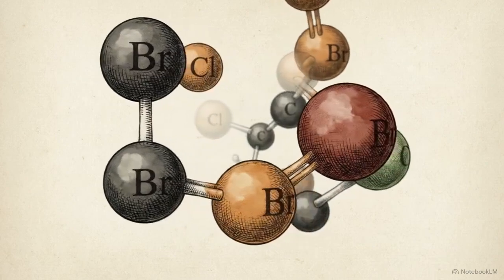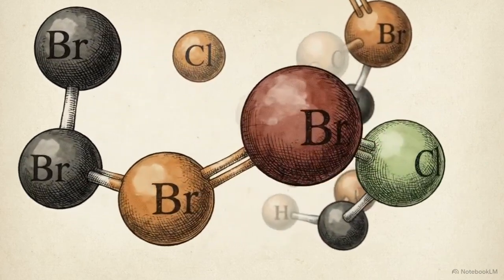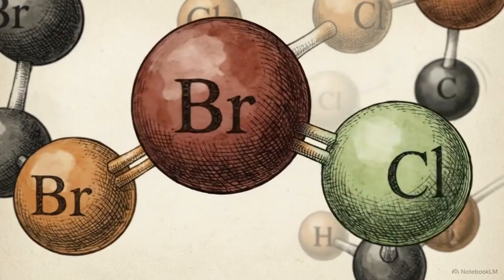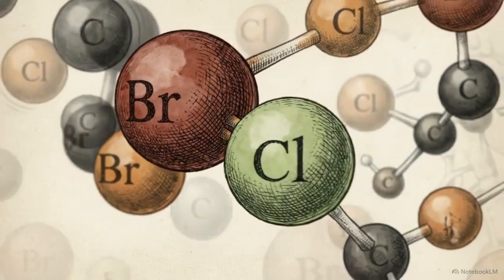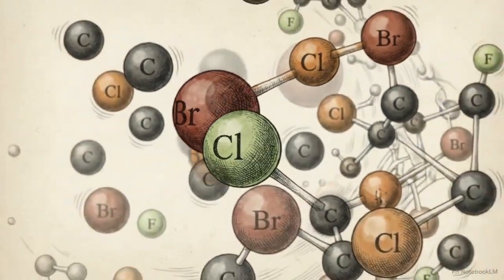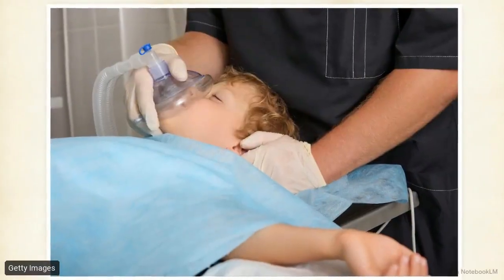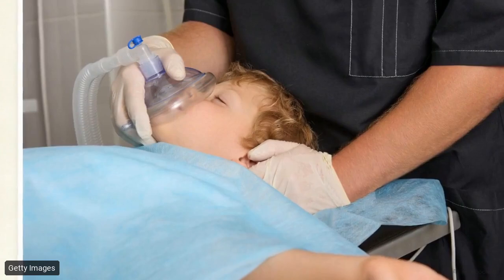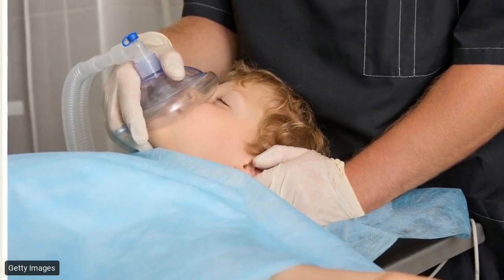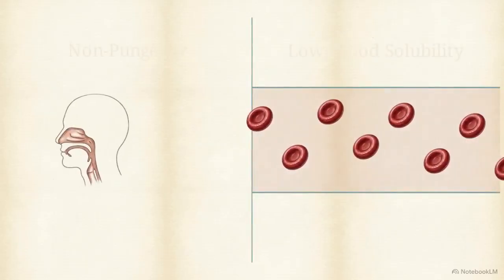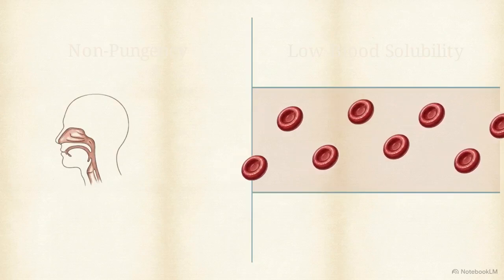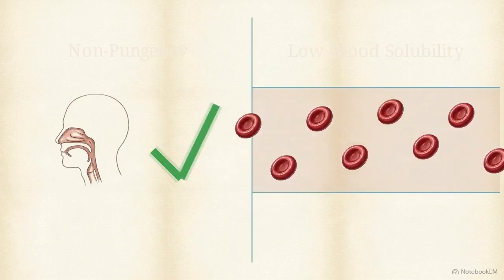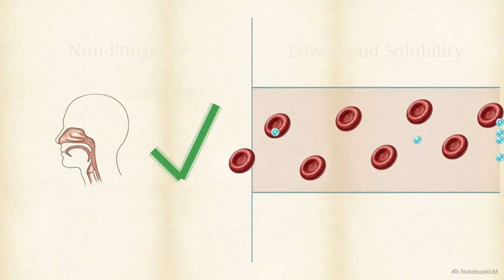In developed nations, sevoflurane is the preferred inhaled anesthetic. It has almost entirely replaced older agents like halothane as the modern standard of care. It provides smooth inhalation inductions, specifically for pediatric patients and uncooperative adults when intravenous access is difficult. This high clinical utility relies on two specific physicochemical properties: a complete lack of pungency and extremely low solubility in